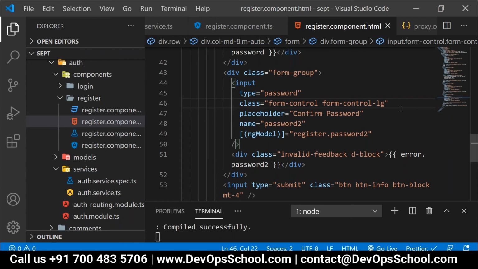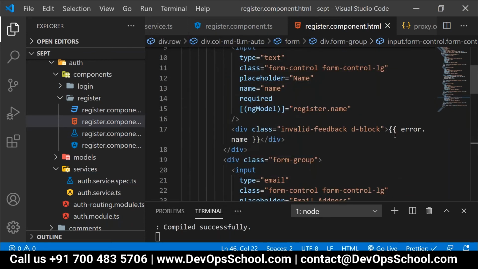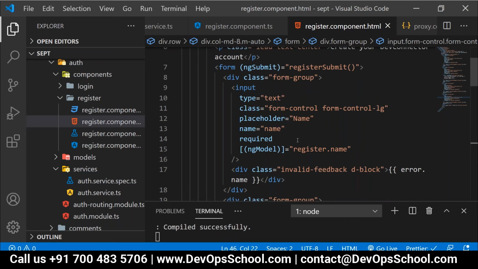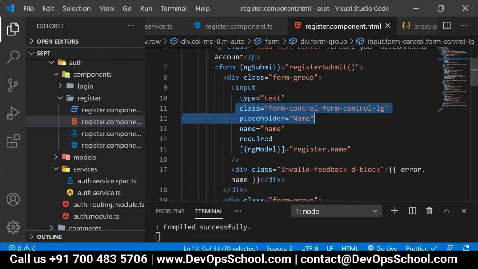When error.password or error.name, when error.name is getting the value, then and only then this input text box should be highlighted with the red border or not? People, did you get my point or not? Correct. When should this input text box be highlighted? When I get the error.name value, then only then it should be highlighted, right? Now tell me, this is nothing but a conditional check or not?